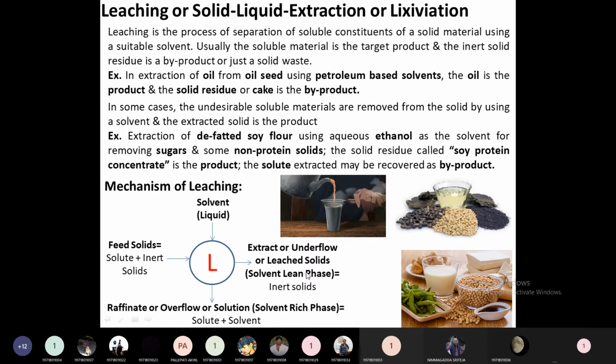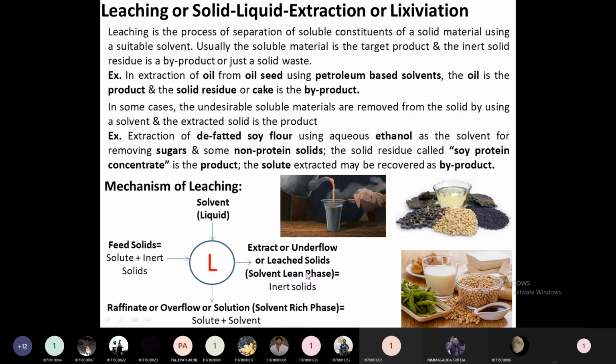There are only two input streams for the leaching operation: one is the solvent stream and the other is the feed solid stream. The solvent which we supply as a separate stream solubilizes the soluble constituent of the feed and gets into the overflow or raffinate or solution, which is called the solvent rich phase.